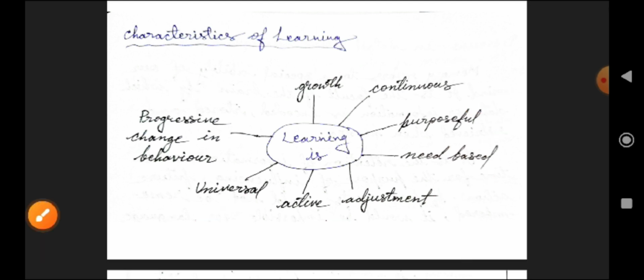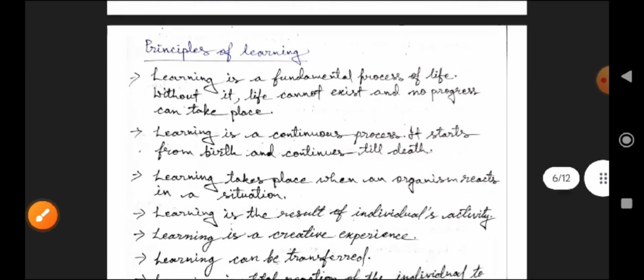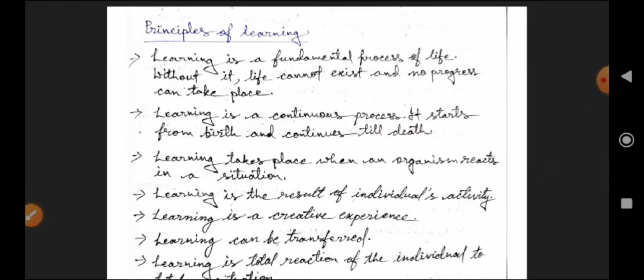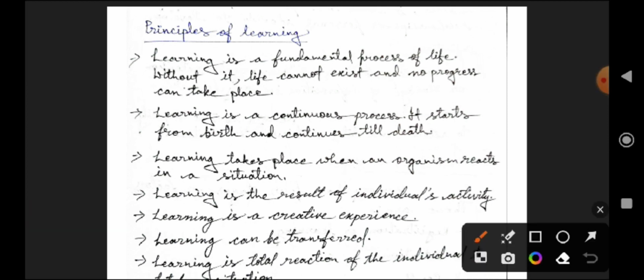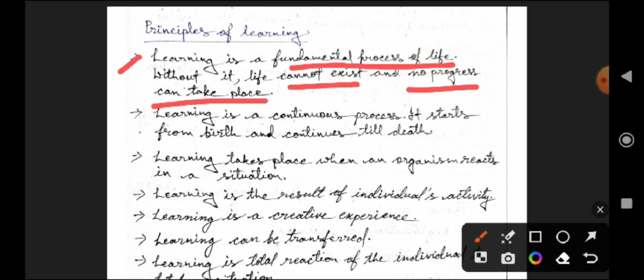Next, we will discuss principles of learning. So friends, see what are the principles of learning. So first see, learning is a fundamental process. Learning is a fundamental process of life. Without it, life cannot exist and no progress can take place. So friends, if we do not learn anything, we can't see progress in our behavior and in our life. Okay friends,